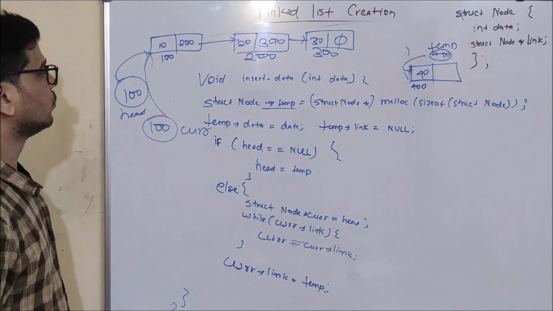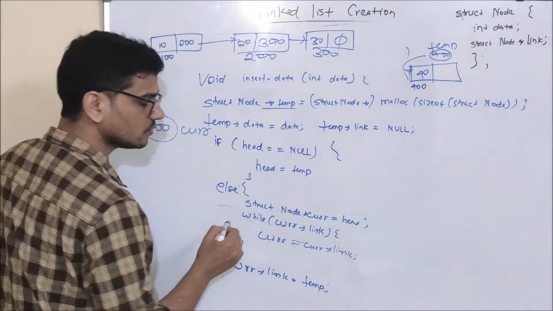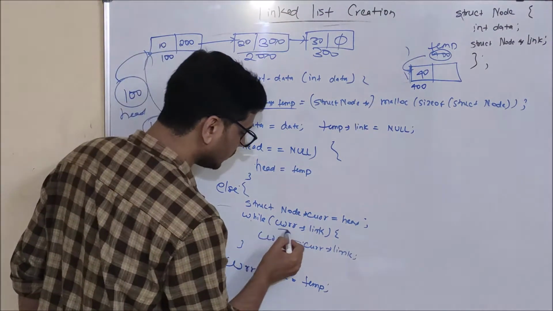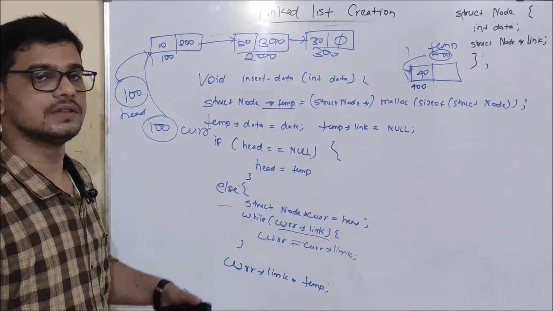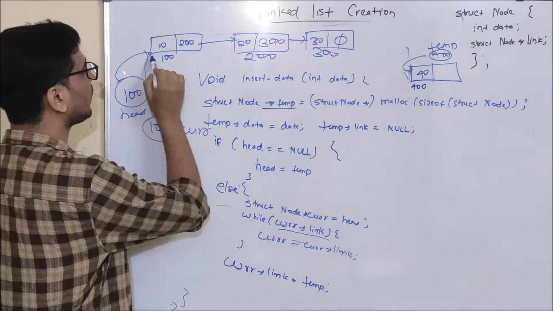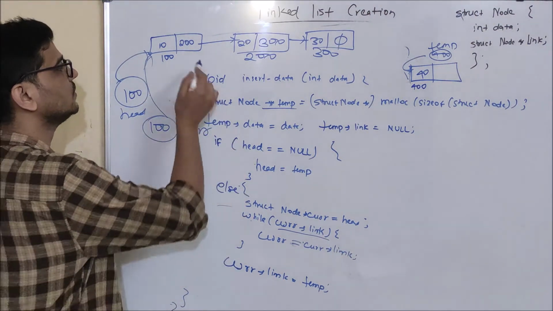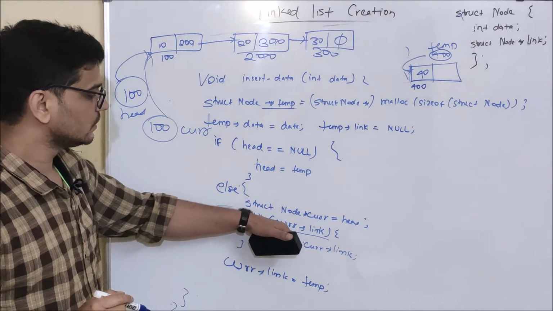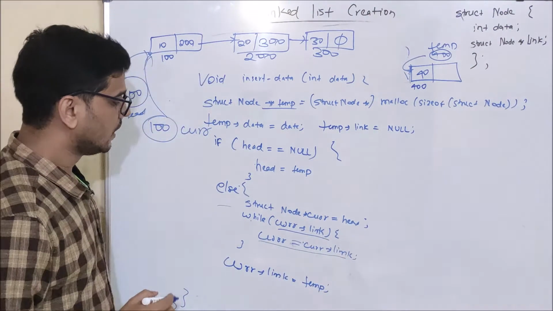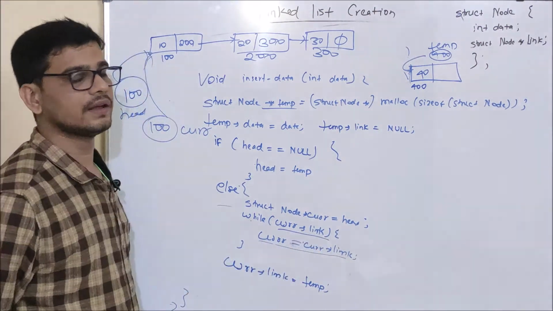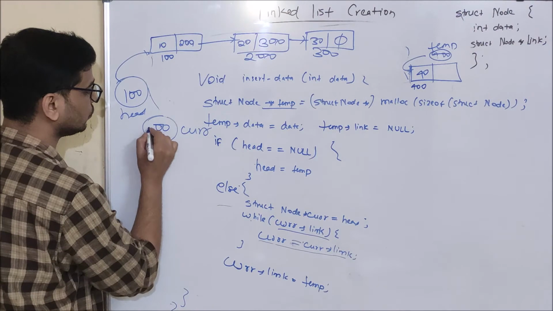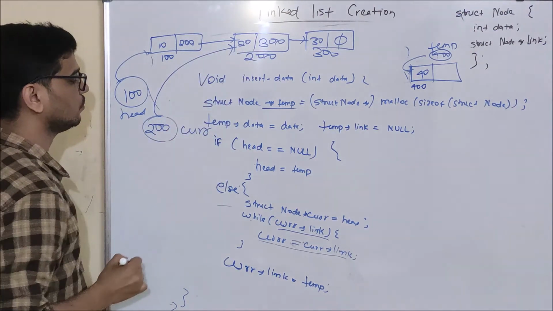So now let's see how this code will execute. Before starting this while loop, we will have 100 in this pointer. So first of all, while check will be done, and it will check if the current dot link is null or not. So as you can see here, current dot link, that is link part of the node starting from memory address 100, and what is this? 200. So as you can see here, this while check will be true, and it will execute this particular line. That is, it will update cur to cur.link. And what is cur.link? Cur.link is 200. So basically it will update 100 to 200, which means current will start to point to second node.